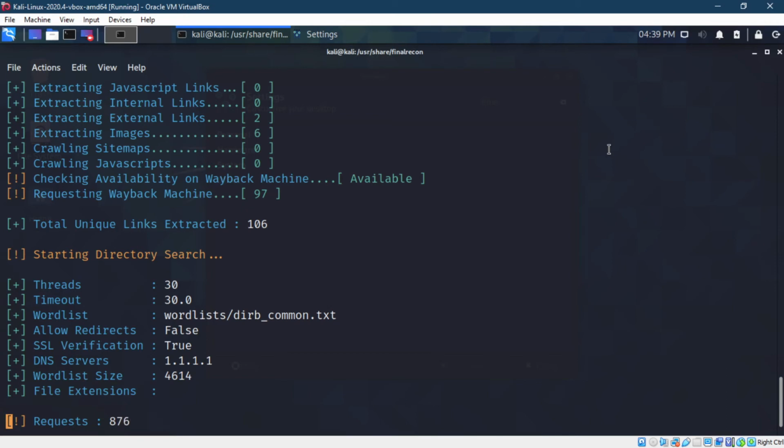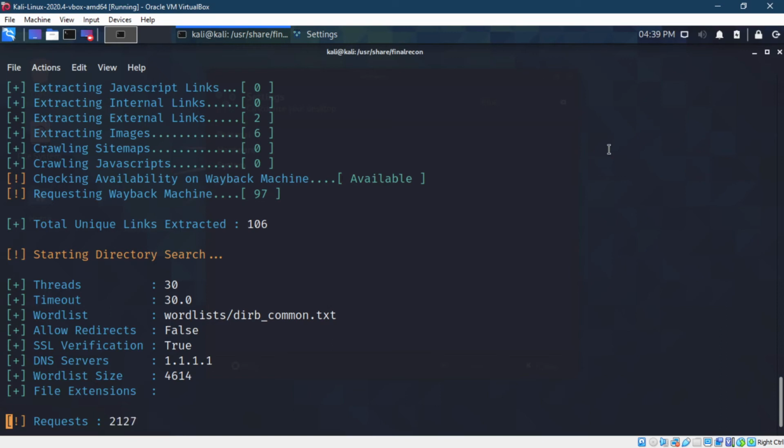Let's see if I can get any errors. As you see, what I did here is I installed my Kali. Then the first thing I need to do is check my time, then apt update, then after that I need to install FinalRecon. Then I need to go into the directory which is /usr/share/finalrecon, where it has the configuration files.